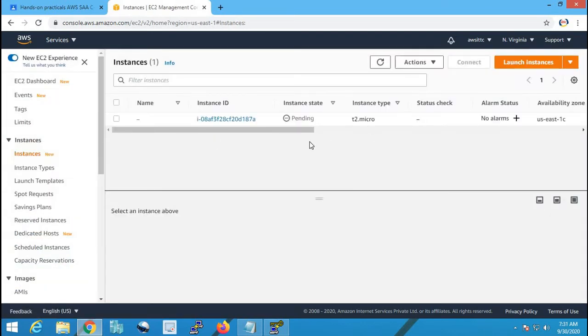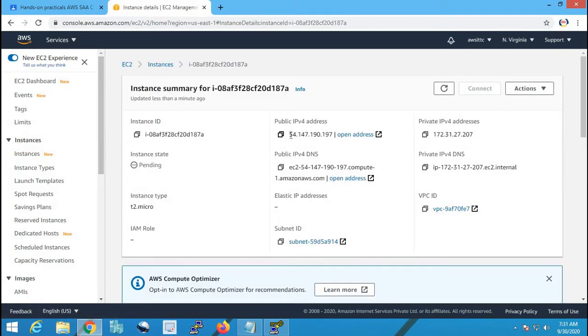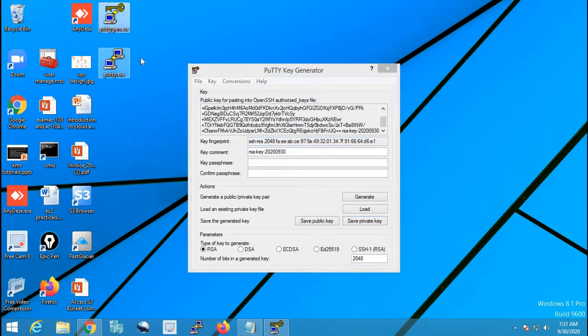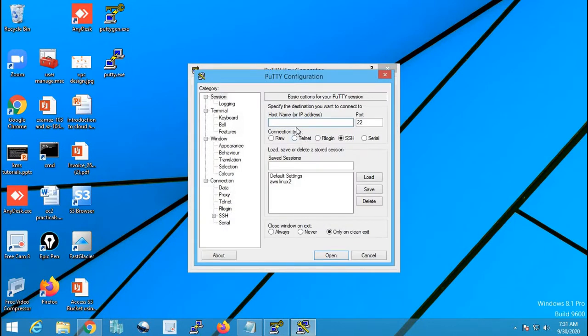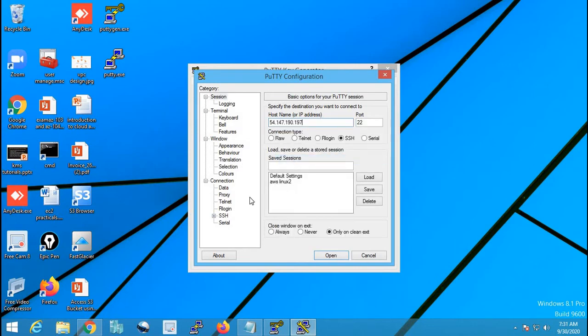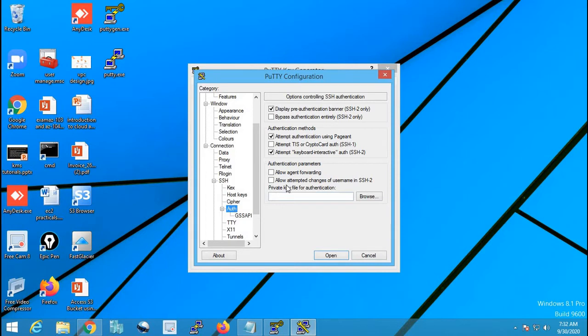So by the time the instance is getting launched, we can jump into PuTTY. Let me copy the public IP address. Then let me go to PuTTY this time, and paste, this is the public IP address, and SSH authentication. In authentication, private key for authentication.